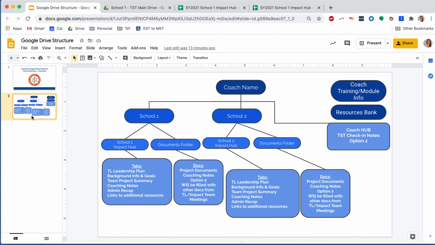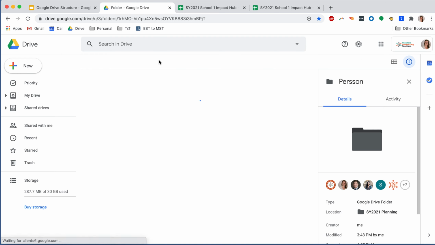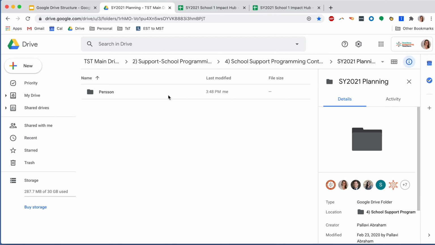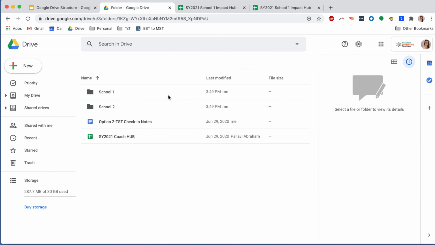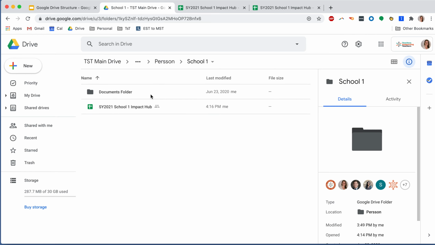So now let's look at an example Coach folder. I have here an example Coach folder with my name on it. If I click into it, I'll see the exact same things we just talked about: School 1, School 2, and then my Coach Hub. I also see option 2, which is again the choice to do your TST check-in notes via Google Docs. Clicking into School 1, I see the Documents folder, and then I see the School 1 Impact Hub. Clicking into the School 1 Impact Hub,